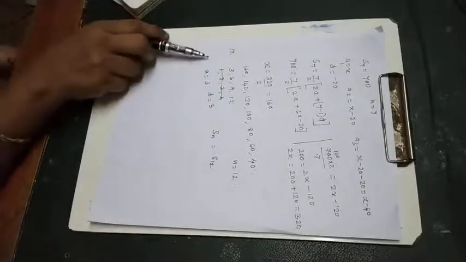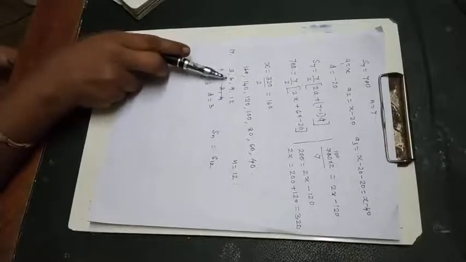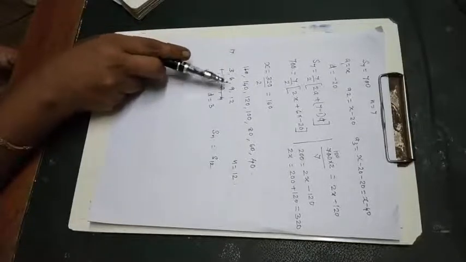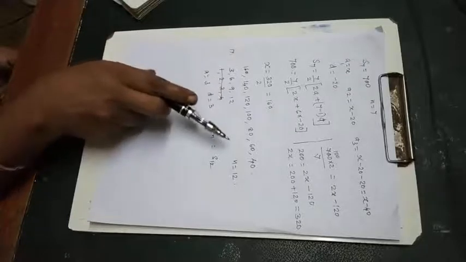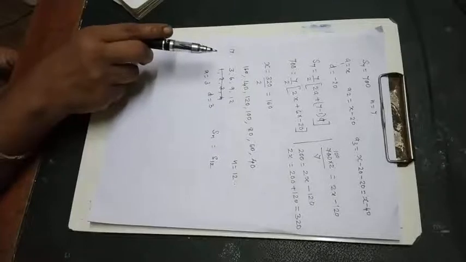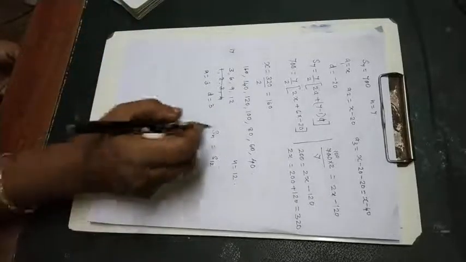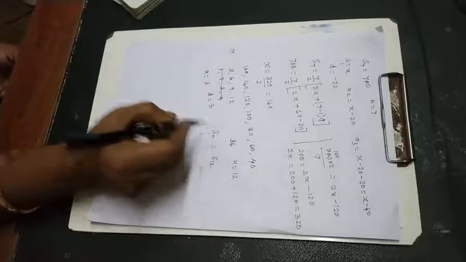I think you got that one. Class first will plant 3 plants. Class 2 will plant 6. Class 3 will plant 9. Like that up to 12 it will come. 12 into 3, 36. Okay. So last one will be 36.